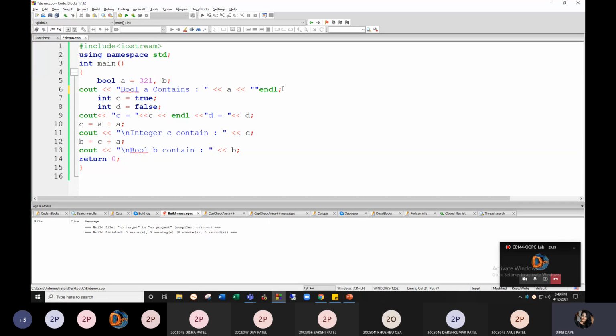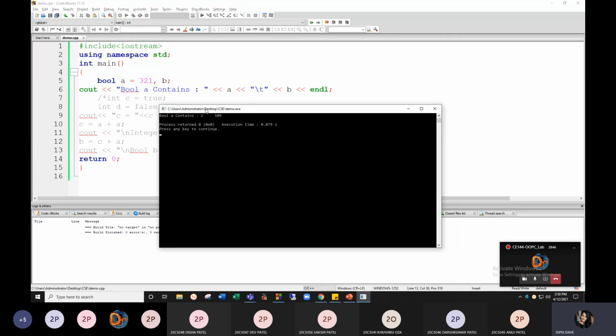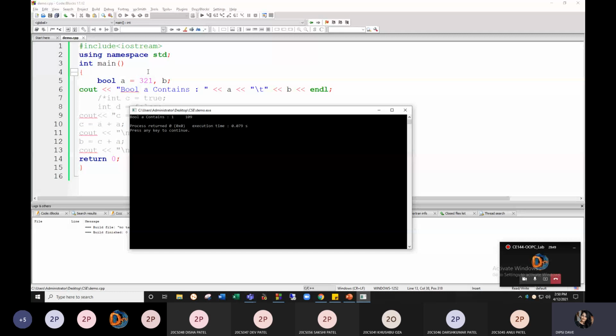Let's try to print the value of a and b. See, the value of a is 1, even if you have taken 321, as it is a boolean, any non-zero value will be considered 1, and b is not given anything, so it will be taken as garbage.